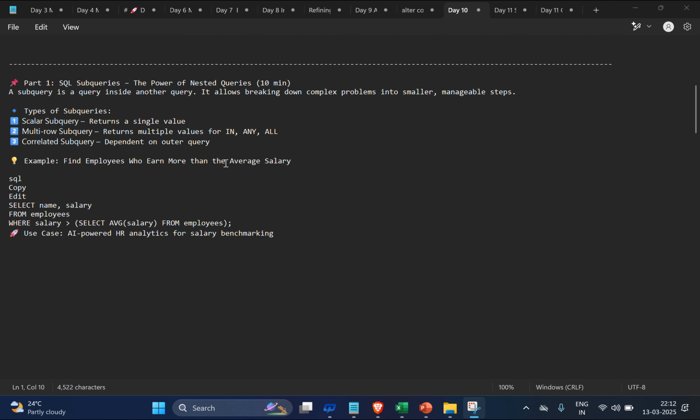So in part 1, we'll be learning SQL subqueries, the power of nested queries. So what exactly is a query? A query is nothing but select star from where. And a subquery is having multiple queries inside another query. So let's begin. If you want to understand what exactly is a subquery, let's begin directly with an